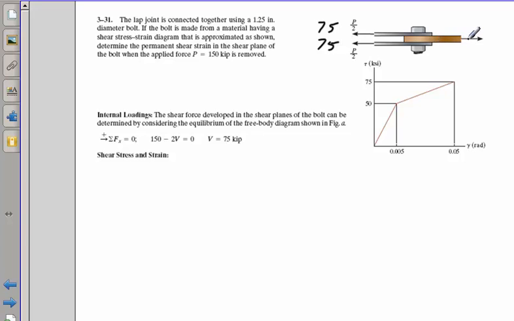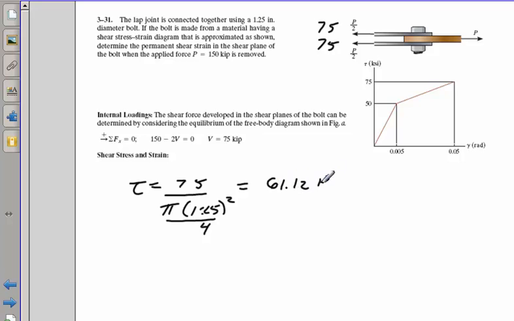You have two ways to solve this. You can take the bolt and put it in double shear, or put it in single shear if you use the 75. So what I'm going to do is to find the shear stress. I'm going to use the 75, and all I have to do is do pi d squared divided by 4. The diameter is 1.25. I square that, divided by 4. That's going to give me a shear stress of